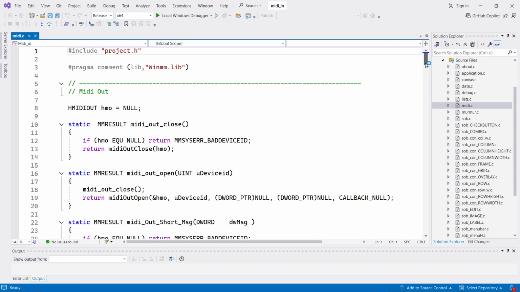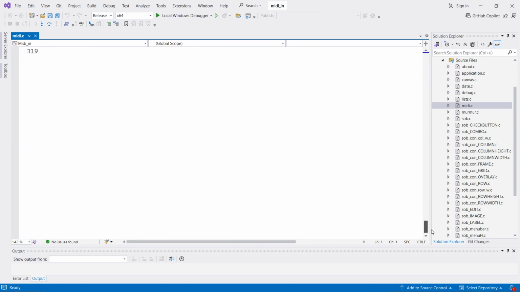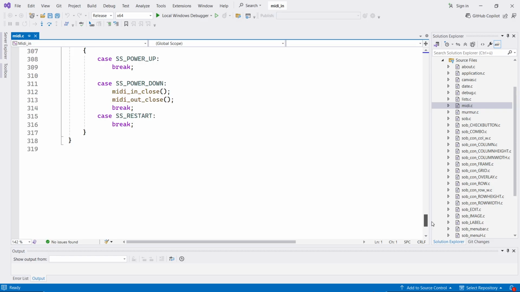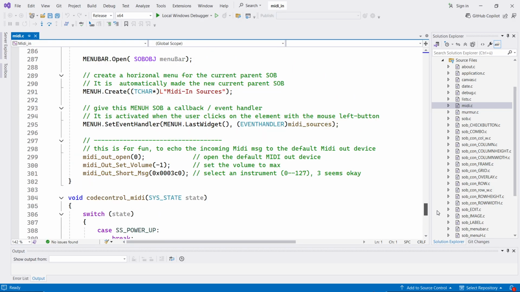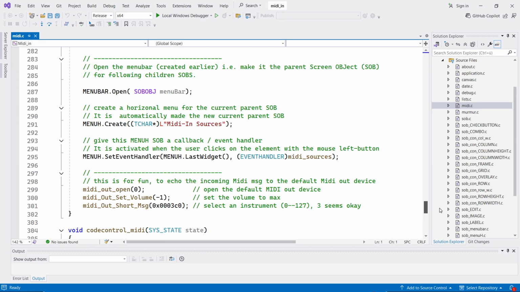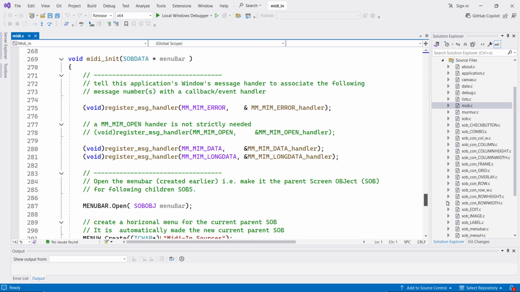There we are. This is the one that actually does all the real work. In total, less than 320 lines. It's reasonably well commented. The important bit is here, the MIDI init, where we